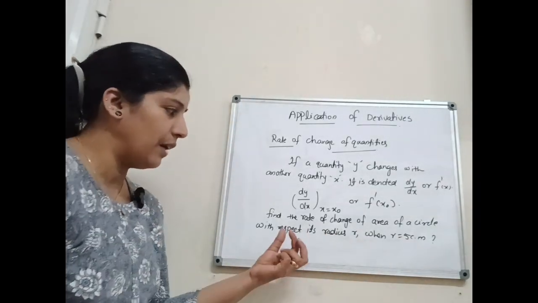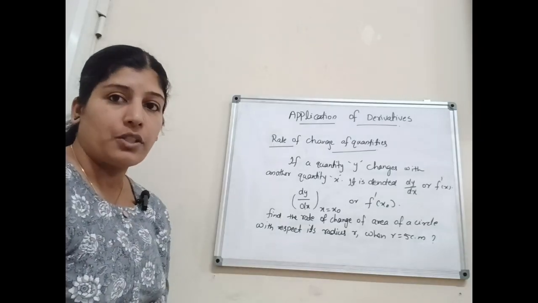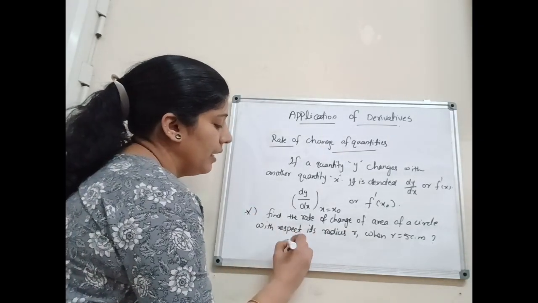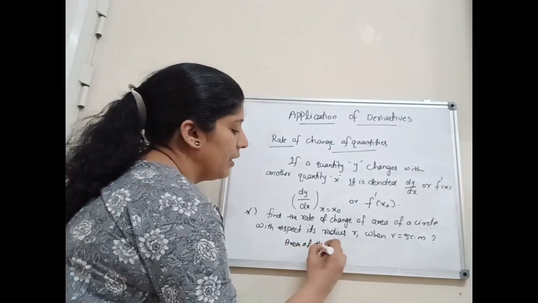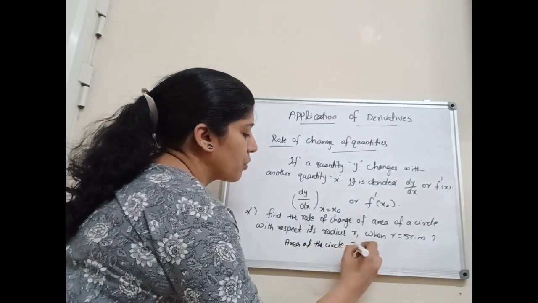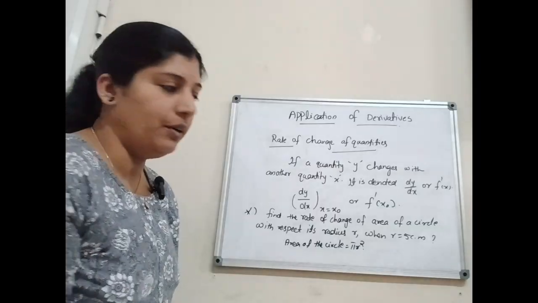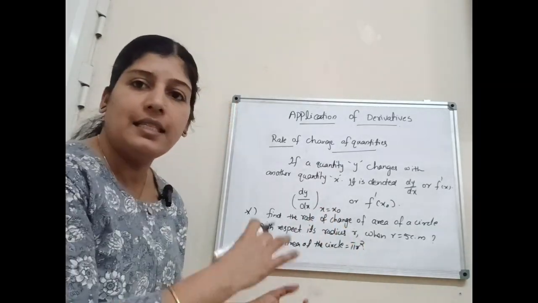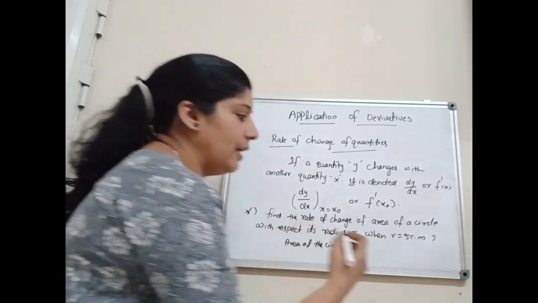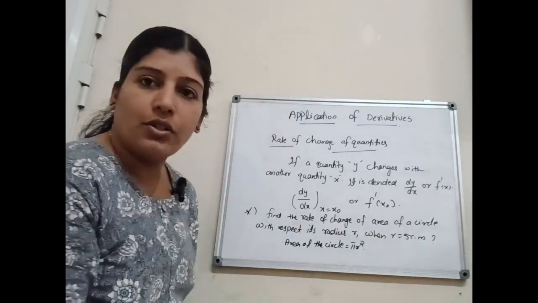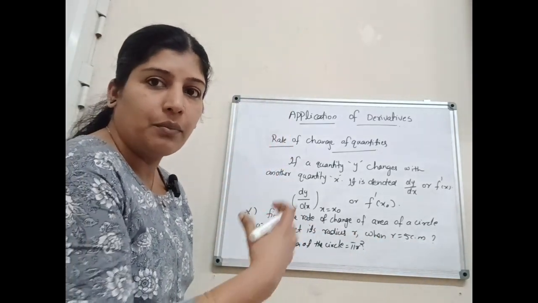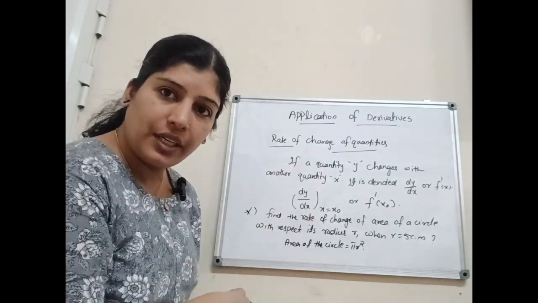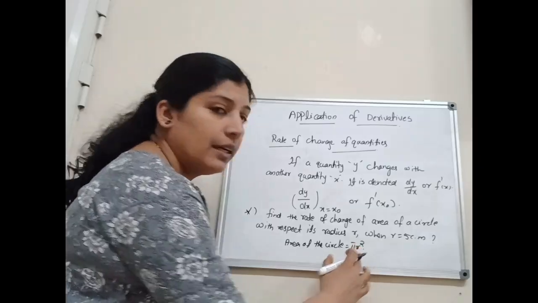First we have to find out the rate of change of area with respect to radius. We know that area of the circle is equal to pi r square. Next, we have to find out rate of change of area of a circle with respect to its radius. We know that when radius is increasing, area is also increasing. That means both depend on each other. When area increases, the radius also increases. Here, area is defined on radius.